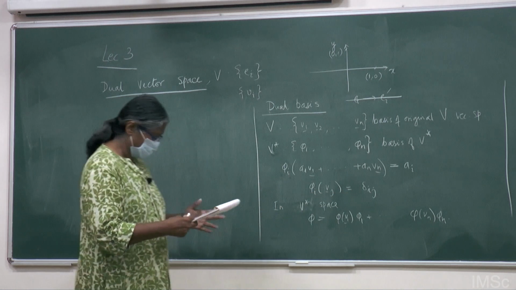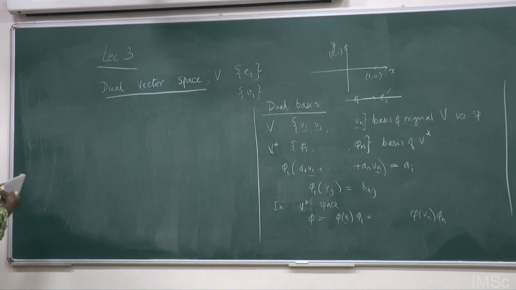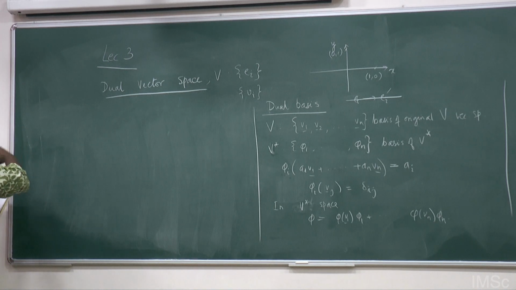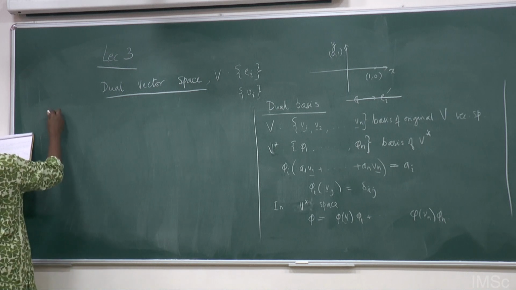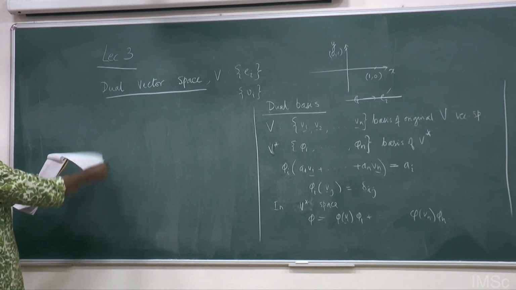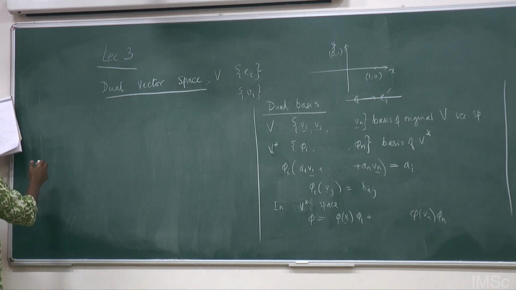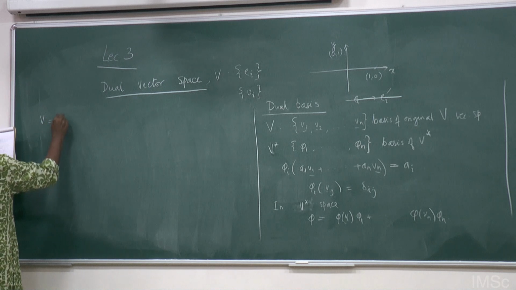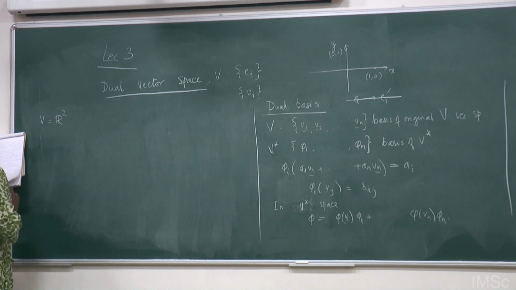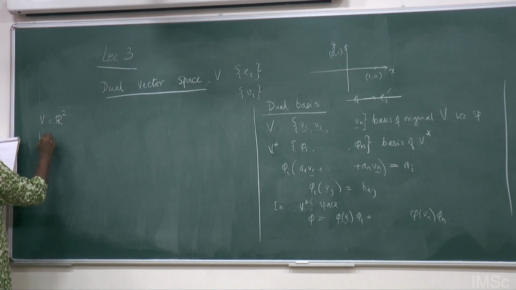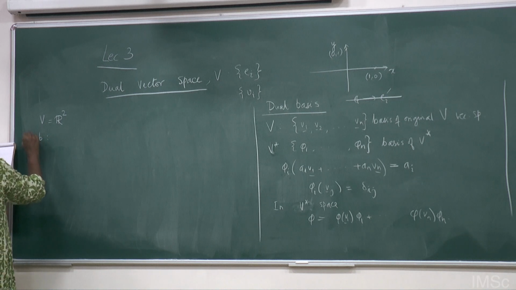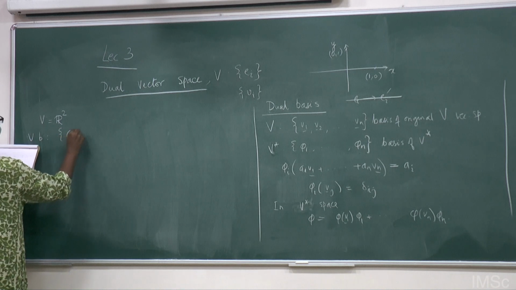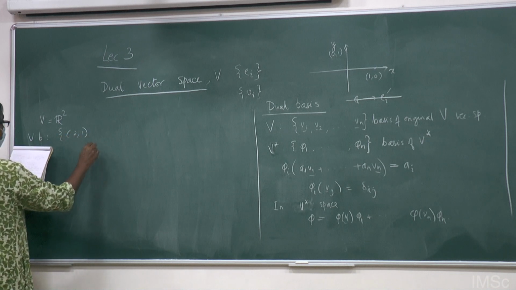So I will take exactly this definition. I had written the reference somewhere. It is somewhere in my notes, I will find it and write it down. The example is this. Let us take two-dimensional space as your vector space, R2, and let's take a basis set in V. V has a basis set which is (2, 1) and (3, 1).